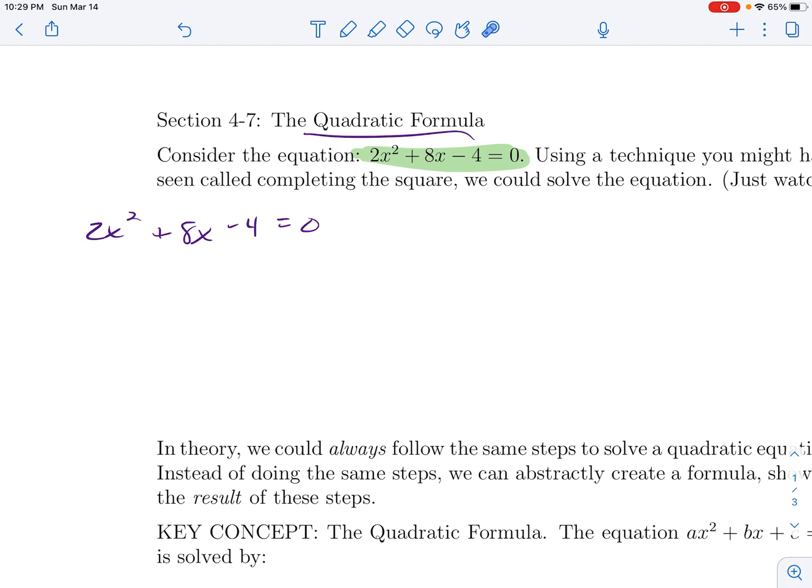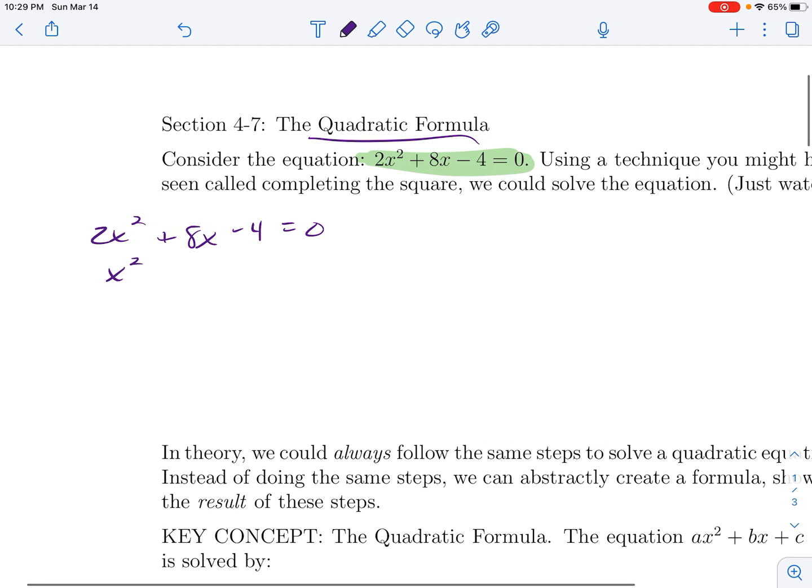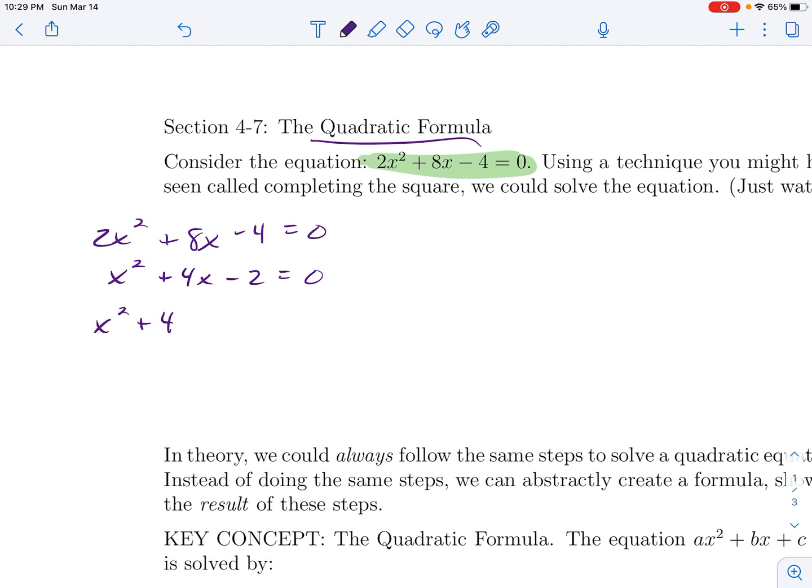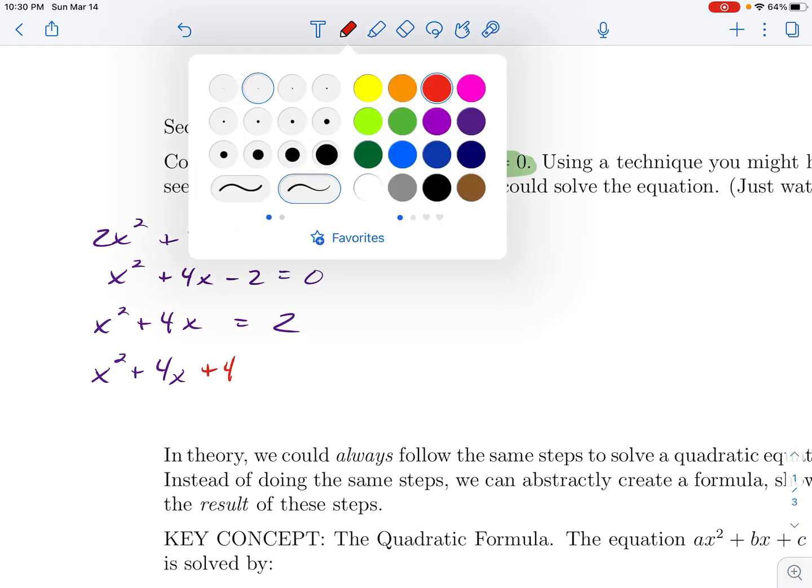Right off the bat, I might notice everything is divisible by 2, so I'll divide everything by 2 just to make my life simpler. And now I will move the 2 to the other side. Most of the time, if we wanted to solve by factoring, for example, keeping a 0 here is best, but we're going to do something a little bit different. What I'm going to do is notice, and this is called completing the square, that if I add 4 to each side of this equation,